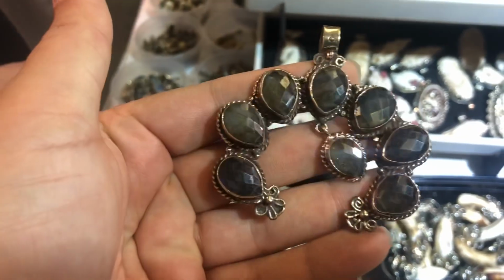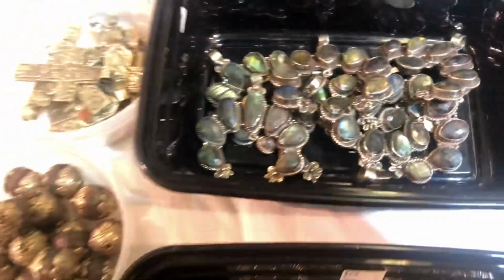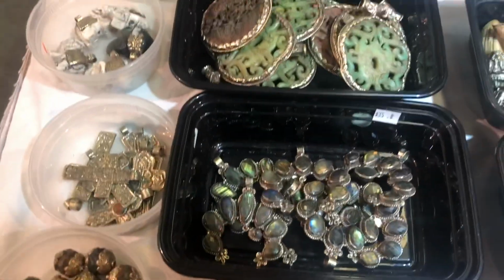Oh my goodness, that is gorgeous. $35. That's not bad. It's really not. Compared to some of the prices we've seen, $35 is not bad for that pendant. So,